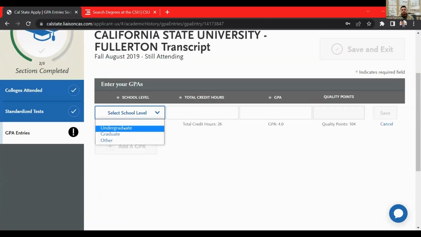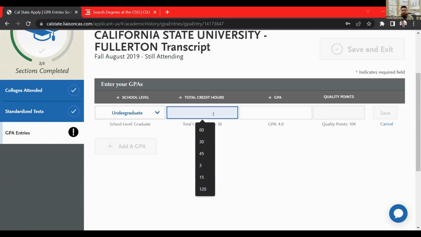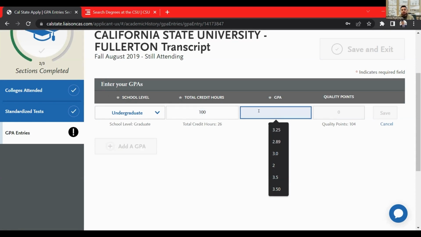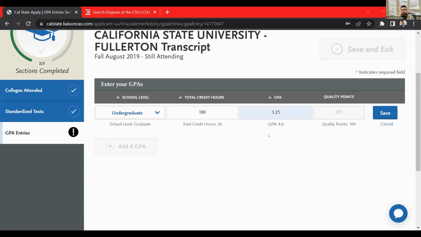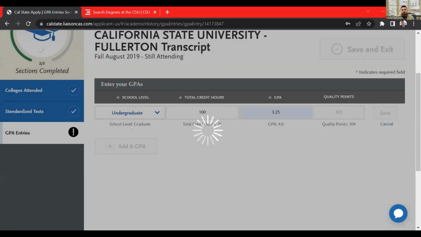Say, for example, these are both undergraduate. Say, for example, you are taking 100 credit hours and your GPA is a 3.25. It'll automatically give you the quality points, or it'll see GPA points on your transcripts, and it should give you a number. And once you enter these two, it'll formulate this. So it should match up. All right. And this is just, again, as an example, save,